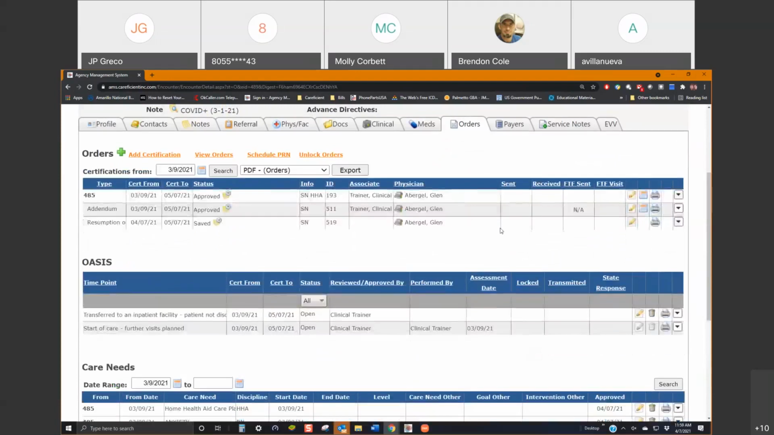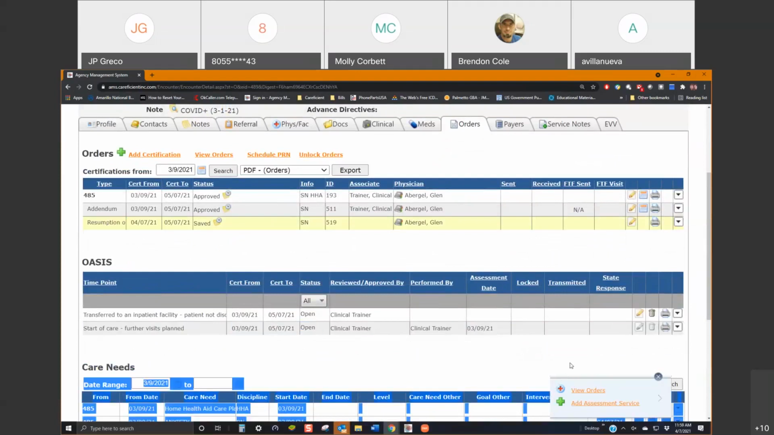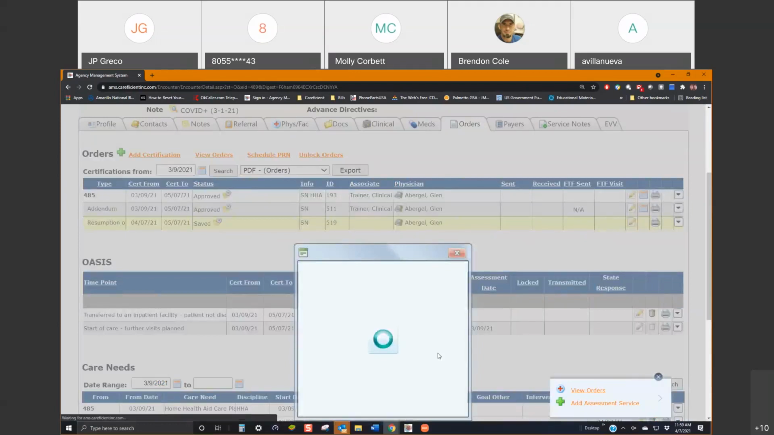That was the other thing I was going to tell you. On a resumption, if there's multiple disciplines that need to go out and reassess the patient, such as therapy, then on this order, you do have the option to add assessment services. And I know this pop-up moved way down here, but it's normally right there by the mouse when your screen's on a normal